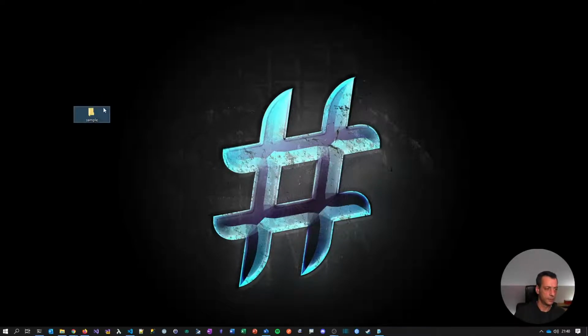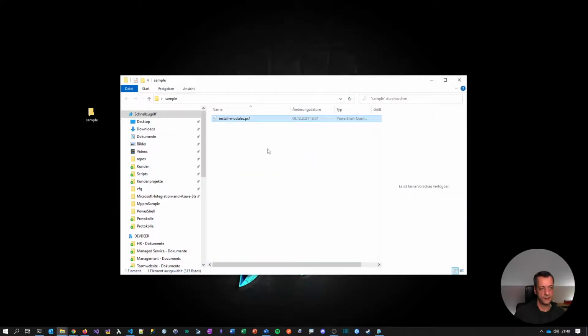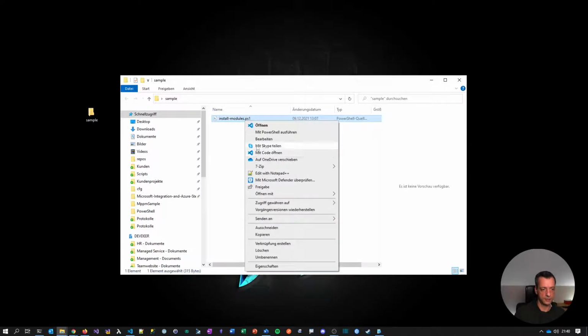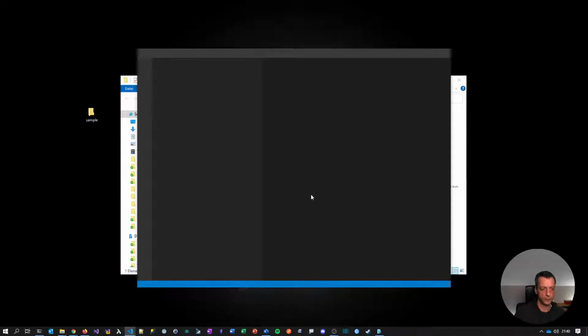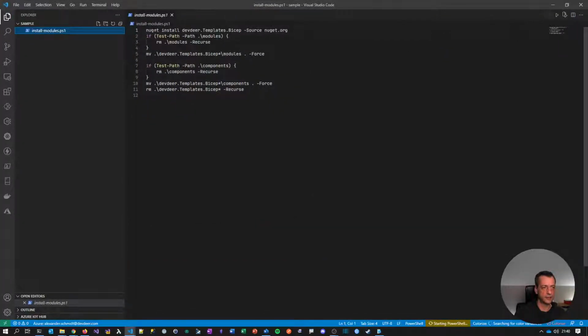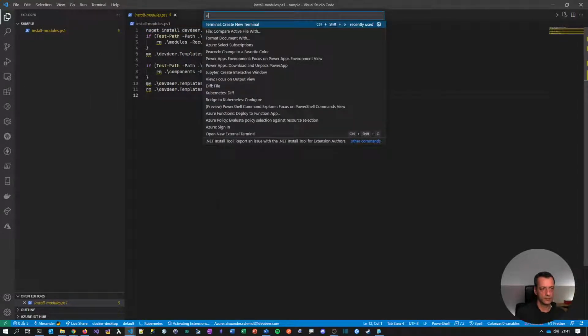It's not good readable. Let's paste in this PowerShell script. Let's take a look at what it does. Let's open this with code. And all it does is use NuGet to install exactly this NuGet package and do some stuff. So when I execute this, just as it is,